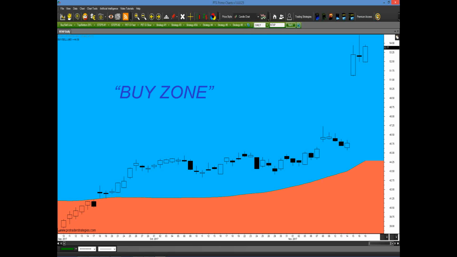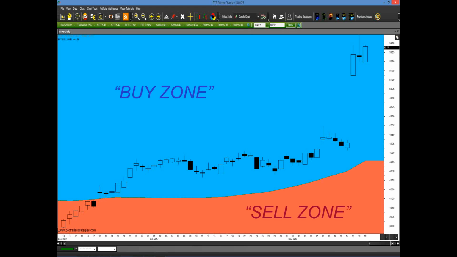So do you see now how, looking back, I don't care what someone says in a chat room or what the institutions are doing or what the volume is or what the full moon is. It makes no difference. If price has a blue background in the buy zone, you're only going to be looking for buy setups. Now, it doesn't have to be my strategy or my technique. It can be one of yours, but you will automatically increase your odds for consistency if you apply this simple tool. Now, obviously, if price has a reddish orange background, well, that's the sell zone, and you only want to be a seller. It's that simple, but this simple tool will keep you out of so much trouble and will get you on the right side of the market for the overall trend.